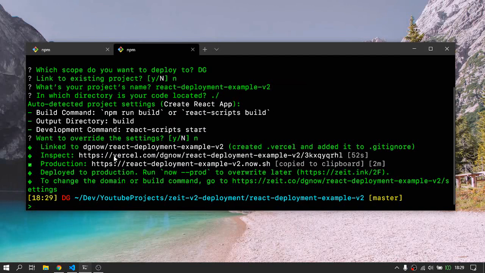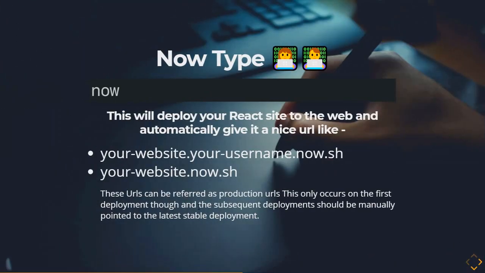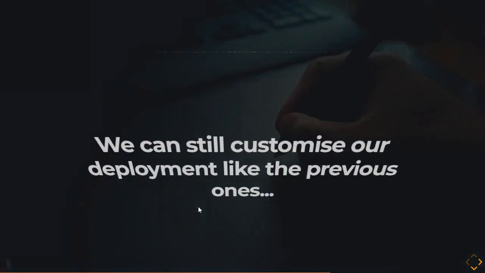You can see that in the terminal it has updated that it deployed to production. The second time, much like in the previous videos, if you make a change and redeploy, you have to alias the recent deployment to be the latest one, or you can just, without any thought, run now --prod. So that was kind of it for the logs.